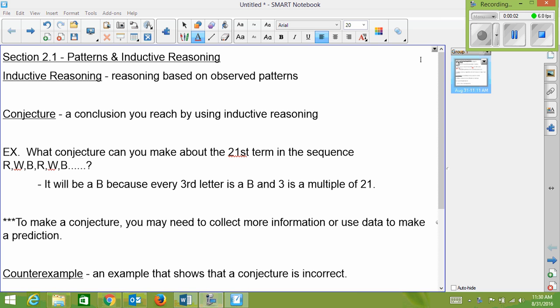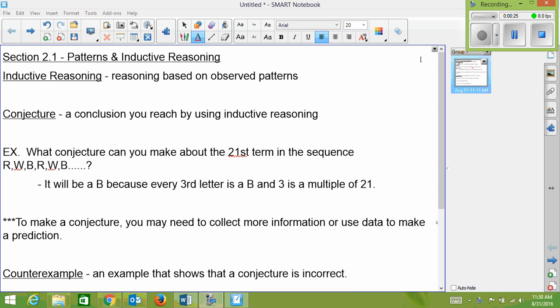Hello and welcome to section 2.1, which is on patterns and inductive reasoning. Inductive reasoning is reasoning based on observed patterns. Basically, the answer that you get to your inductive reasoning is going to be called a conjecture. Whatever conclusion you come to after using inductive reasoning by looking at the patterns of what's happening, the answer